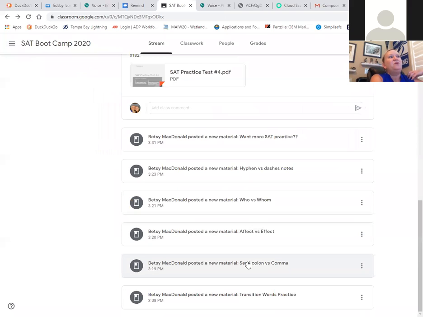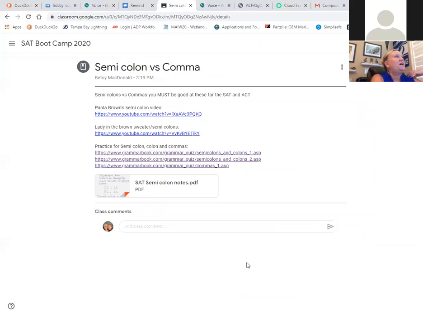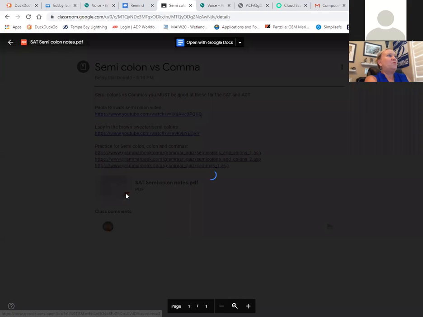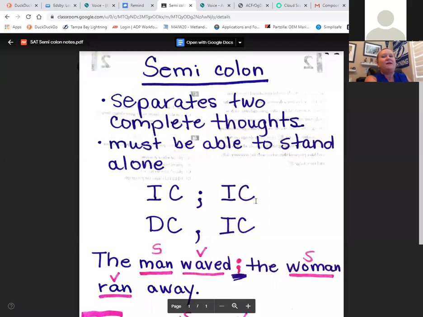The other big one is semicolon versus the comma. SAT absolutely loves to put a semicolon in there, and then it's going to ask you, is that correct? Is it not? So we're definitely going to do some stuff with that one. In fact, let's just go right here for a second. Let's go ahead and talk about that one, because it is definitely well worth going over right now. A semicolon,